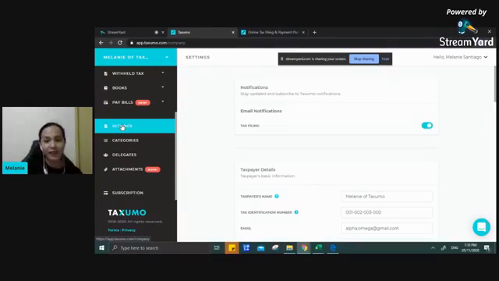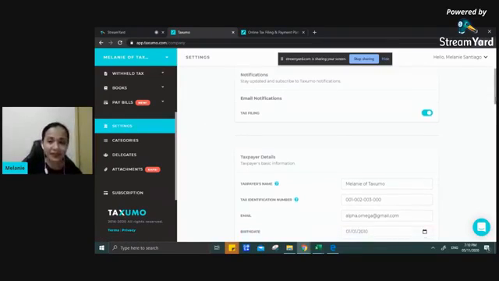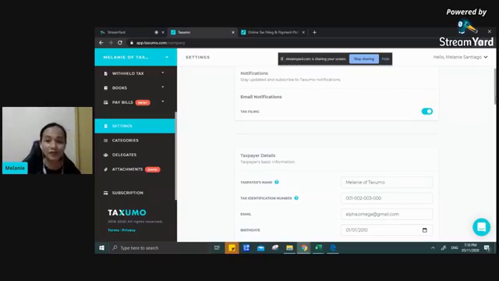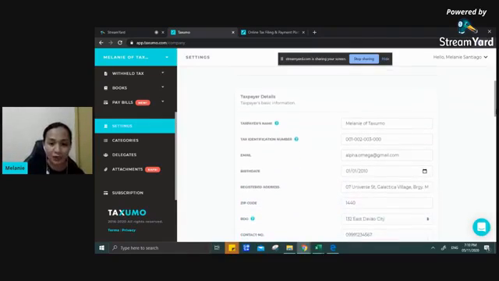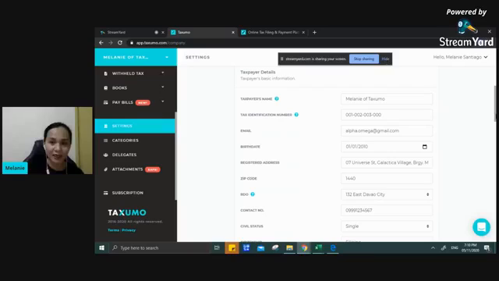When you sign up with Taxumo, the system will present questions to make sure that all of the details we need to file the form are filled out. But just to make sure you get the details right, because there are people who test out the system and later revise the correct information, which is fine, you can go to the settings first before filing to make sure that all of the details you will be declaring upon filing are correct, which includes